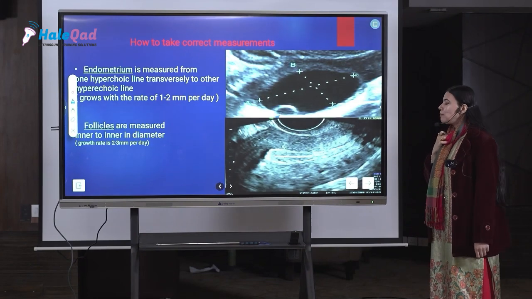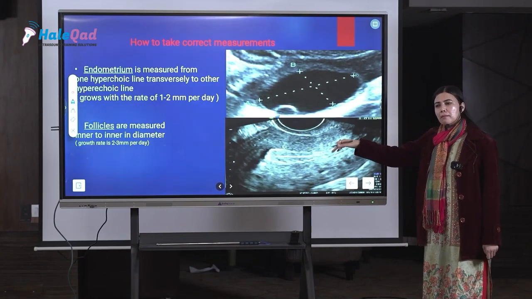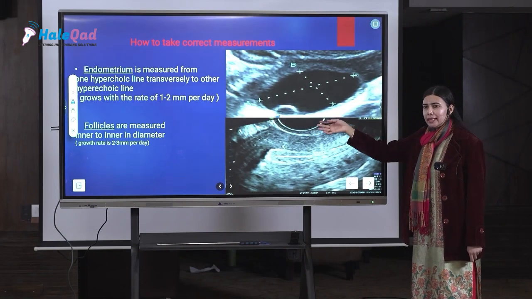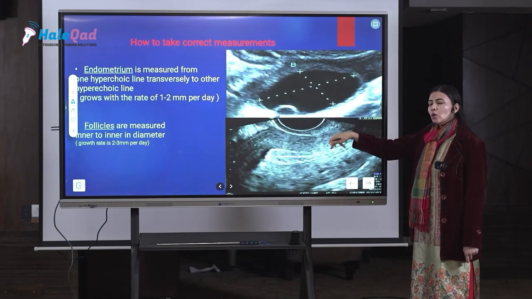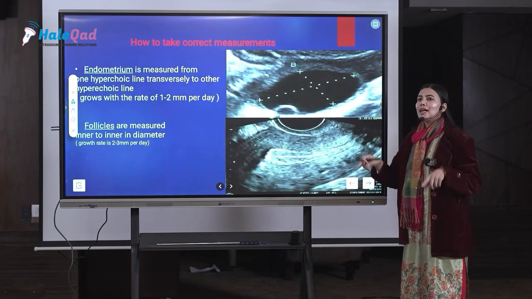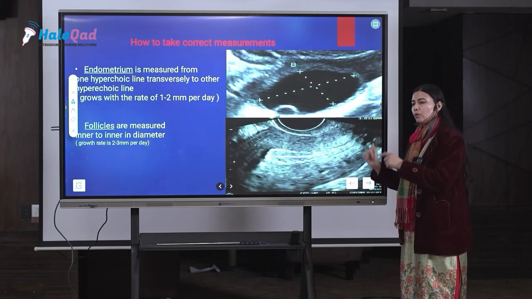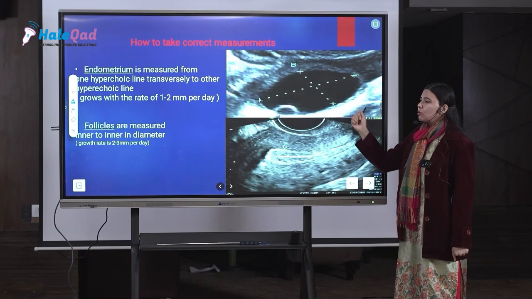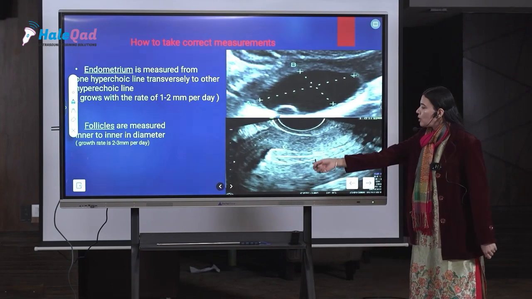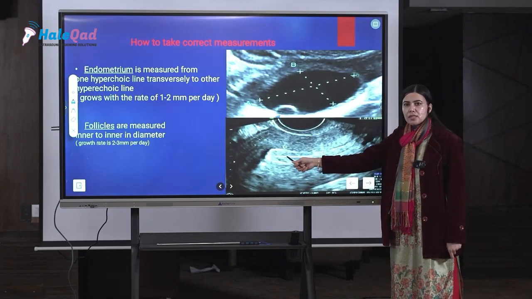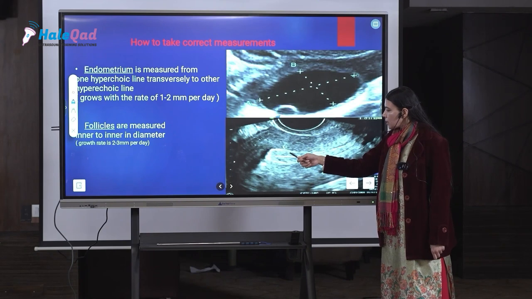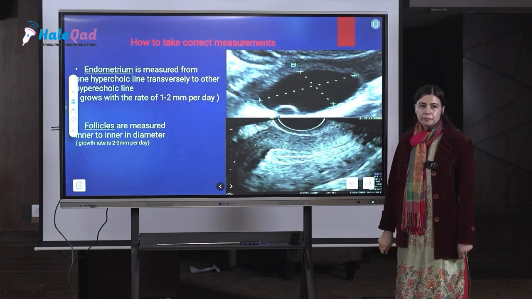And then very important is endometrium. Endometrium is always like a reflection of a good follicle. If the follicle is big, it is going to secrete E2, that is going to cause endometrial growth. The blood supply of the follicle, the perifollicular flow that you are seeing, is only due to E2. So E2 is going to cause that good flow. So here also, in your baseline scan you will be having a single line which is let's say around 2 millimeter or something like that. Then as the follicle is dominating and is growing, this becomes a triple layer.